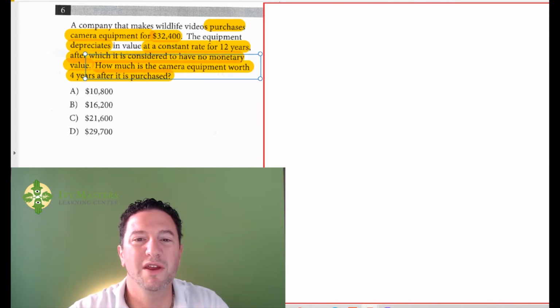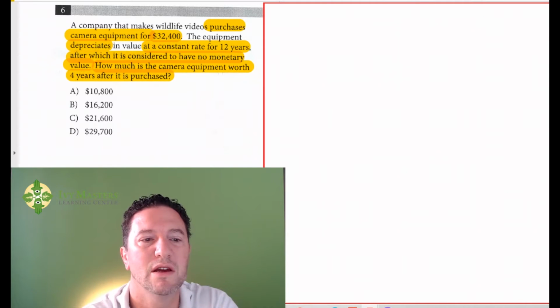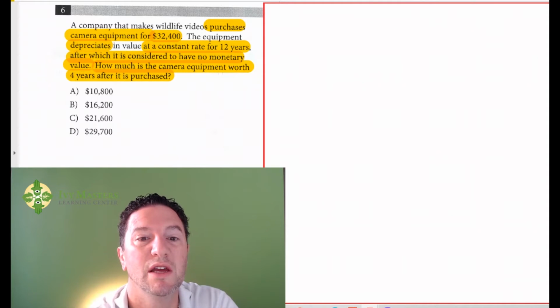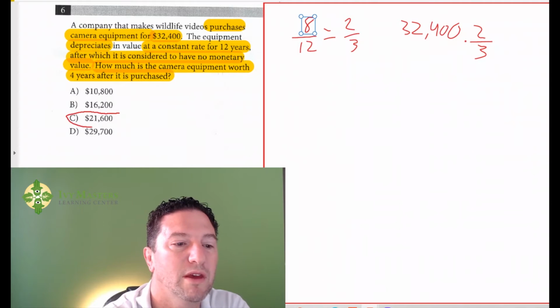So, the very easiest way to do this, if you see it, and most students will not see this, is that after 4 years of depreciation, it's going to retain 8 years out of 12 years of its value, which would reduce to 4 goes in the top 2 times, 4 goes in the bottom 3 times. It retains 2/3 of its value. And if you take that 32,400 and you take 2/3 of it, which is times 2/3, what you wind up getting is 21,600,